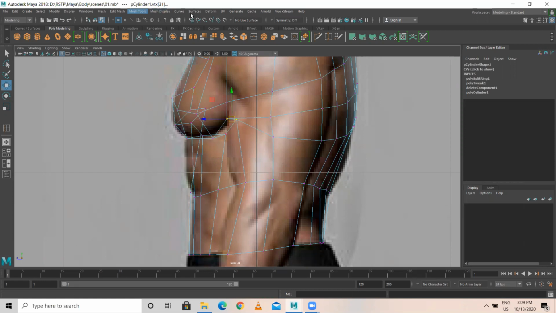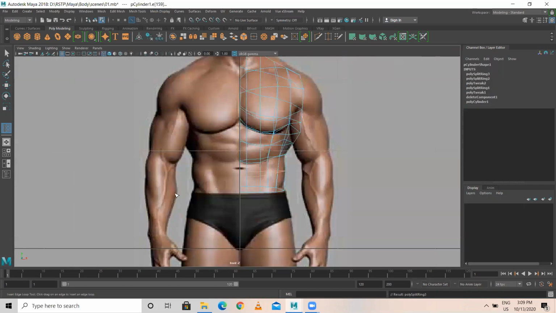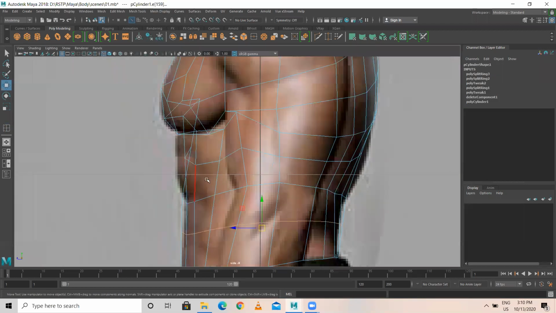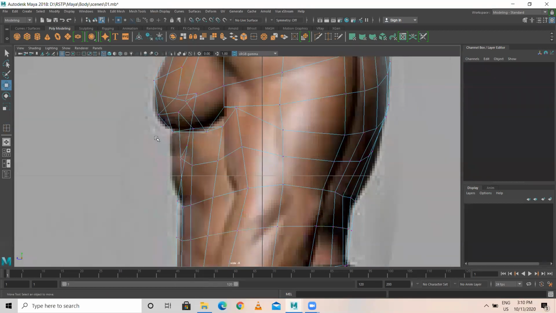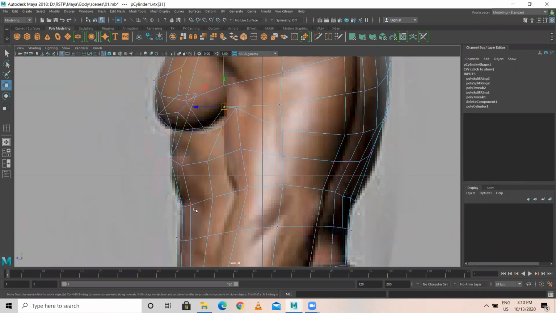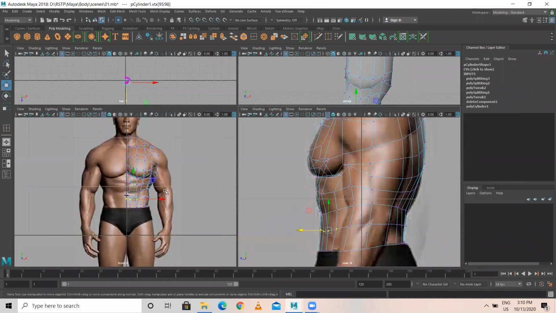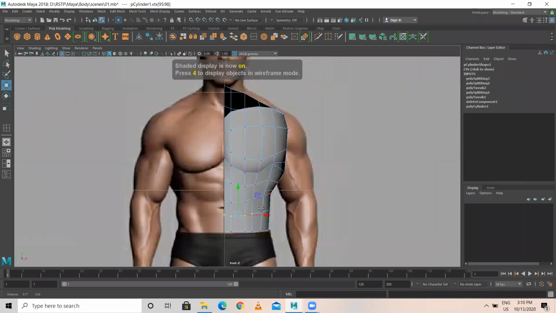After this, I'll add one edge loop here and one here. This should be something like this. I'll come over here, press 5.